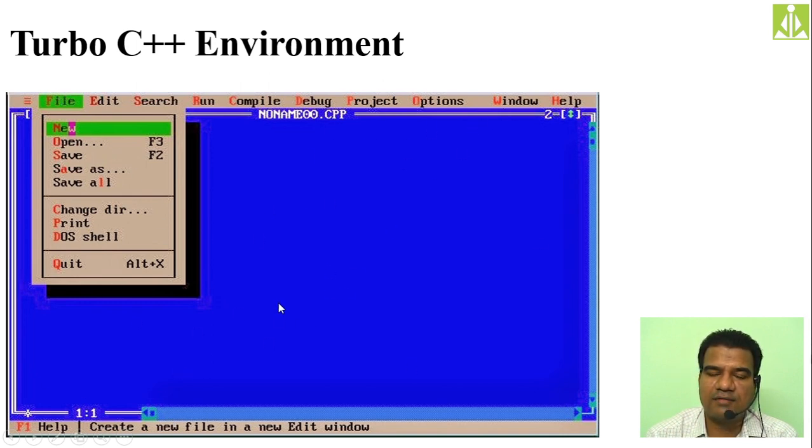It is not installed on my Windows 10 PC, and it does not support Windows 10, so that's the reason I'm not showing the working environment. I just took a screenshot and I'm showing it to you. Over here we write the same program we wrote in Dev CPP. Simply write the program, compile the program, and execute the program to get the output.